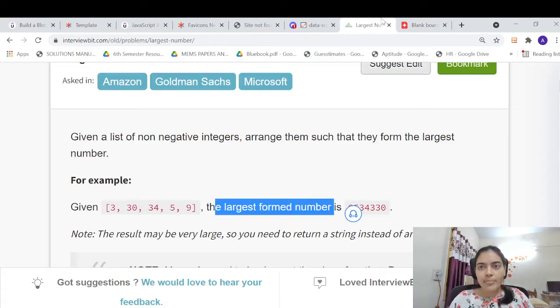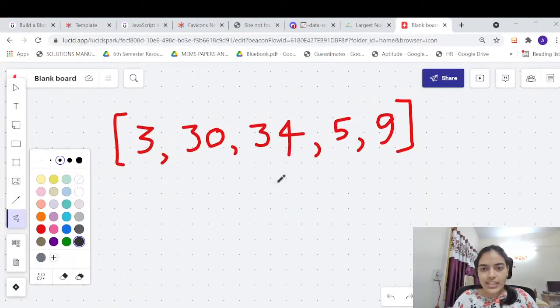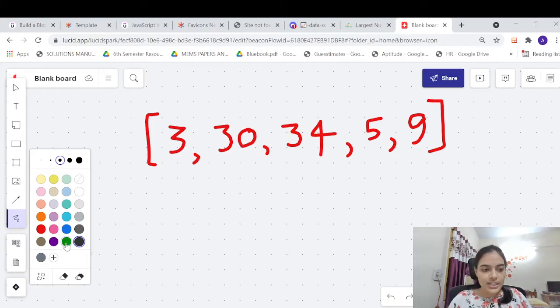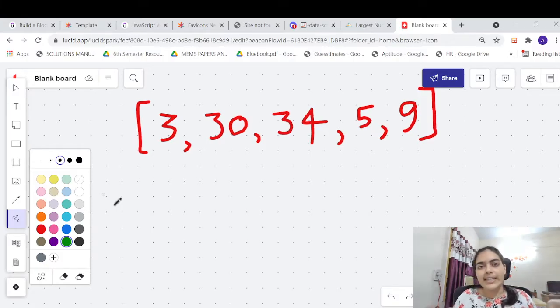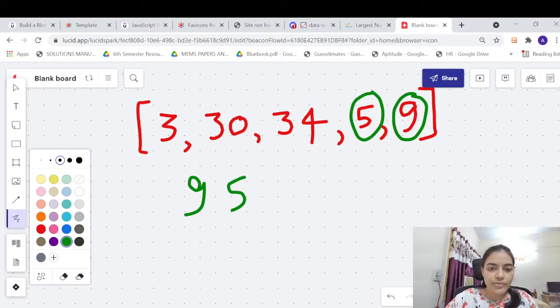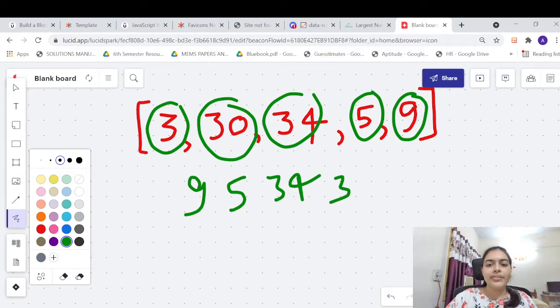Let's try to take an example to understand this. So suppose this is your list of non-negative integers. What you have to do is find the largest number. Okay? So you have to basically decide which order you are going to take them. If we take this particular order, right, 9, then 5, then 34, then 3, then 30, we will get the